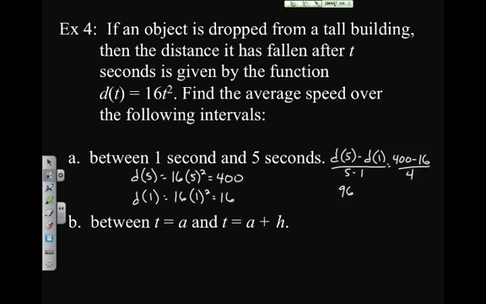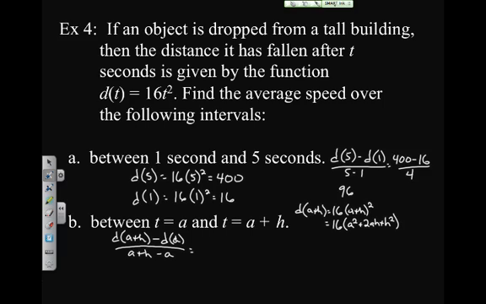Now when we look at this one, between t equals a and t equals a plus h, I'm going to start over here. So d of a plus h minus d of a over a plus h minus a. Again, we have to figure out what d of a plus h is. d of a plus h will be 16 times (a plus h) squared. Remember, we have to FOIL that. I'm pretty confident you are able to FOIL at this point, so I'm just going to write down what this is going to be. It's going to be a squared plus 2ah plus h squared. So when we distribute that 16, it's going to be 16a squared plus 32ah plus 16h squared